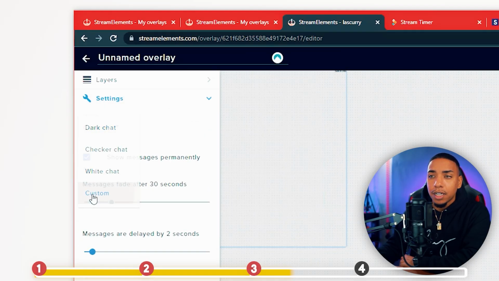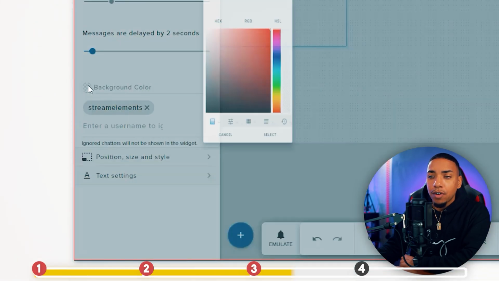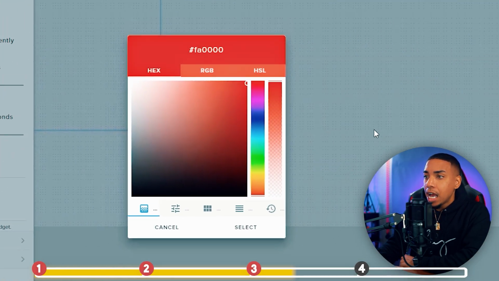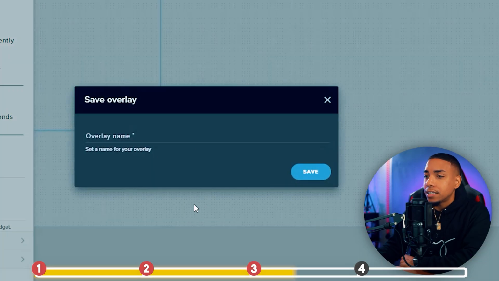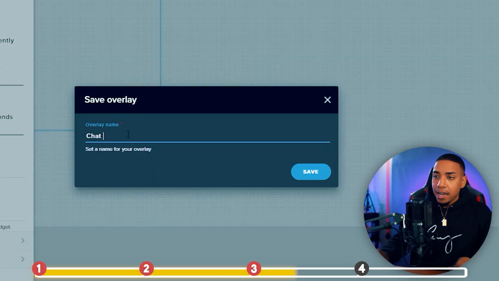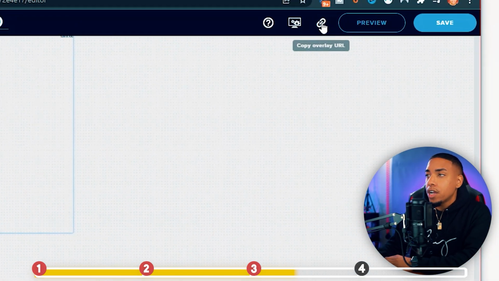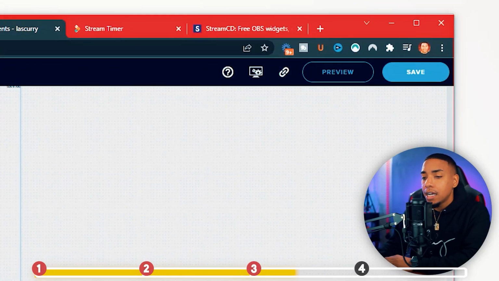So under settings, you come to custom. Okay, you're going to come down to background color. Just pick a red for right now. We'll edit this here in just a moment. You'll hit save. We'll name this as chat. You'll hit save again, and then you'll come up here, click this little paper clip icon, and then we'll go